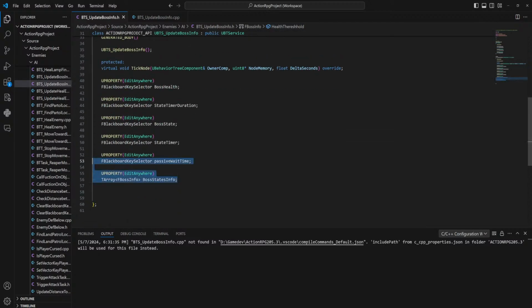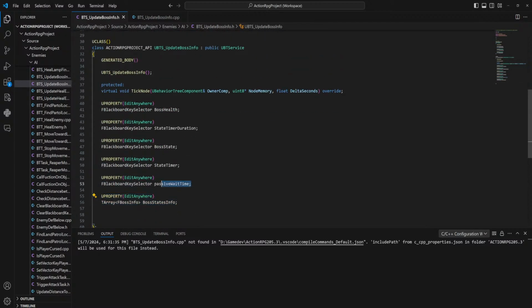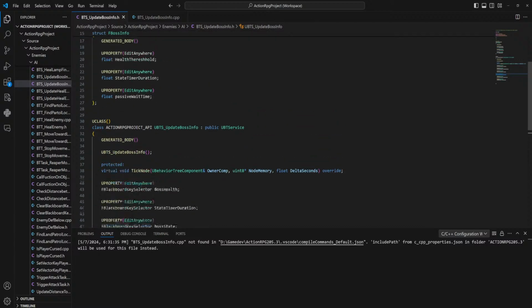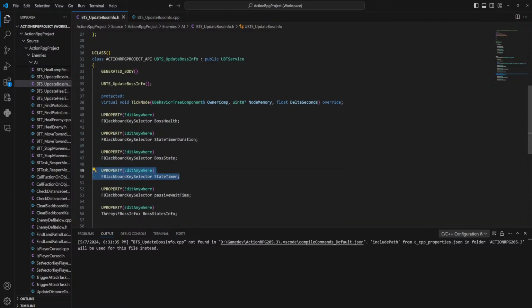So we have the boss states info, and then we have the passive wait timer, which we're going to write to, the state timer, which we are going to also write to, I guess, and then the boss state timer duration. Okay, I think I remember now.